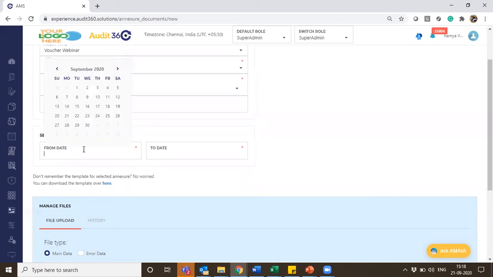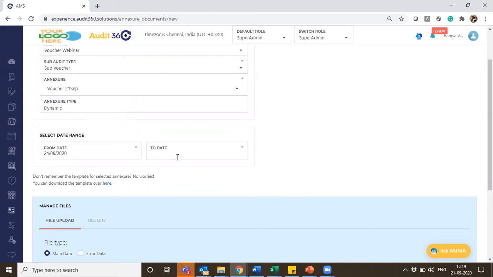In that case, your date range would start from October. I'm just choosing today's date now for the demo, but ideally it would be 1st of October, and if I'm doing October month audit, it will be 31st of October.